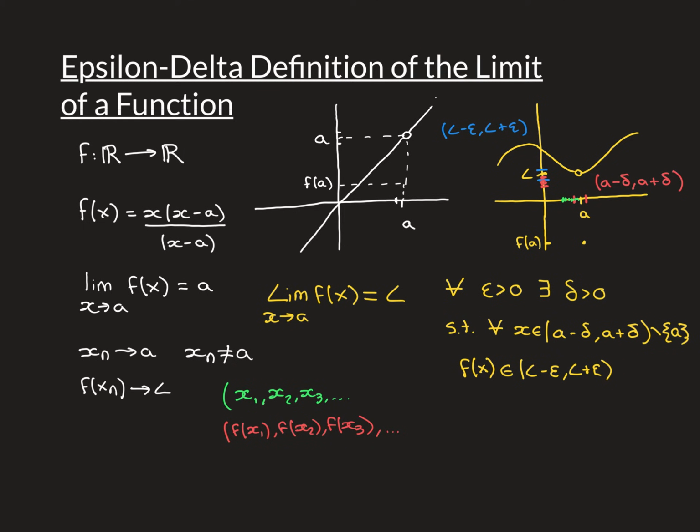So if we didn't have that condition, then we could have a sequence a, a, a, and of course then that sequence would converge to a, so it would satisfy this, but its image sequence would be, for instance, this point down here, so you just have that term f of a, f of a, f of a over again, and of course that sequence converges to f of a, it doesn't converge to the limit L, so it is important that we exclude our actual centerpiece, our point a, from this.